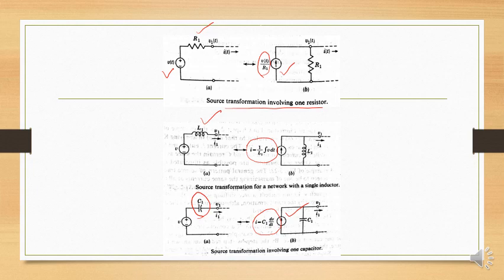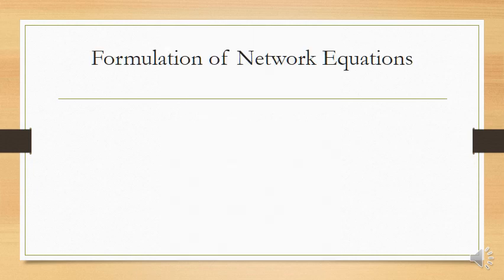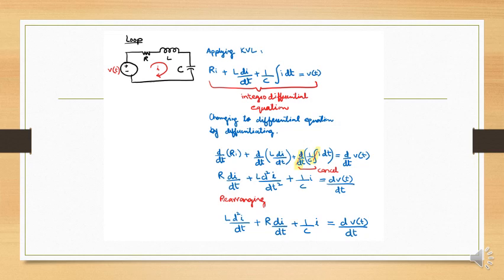Now, our next target is how are we going to form the equations of our circuit? So first case, in this case we are having a resistor and an inductor and a capacitor connected in series with each other. A source V of t is also connected. Now what are we going to do? We are going to apply Kirchhoff's voltage law.